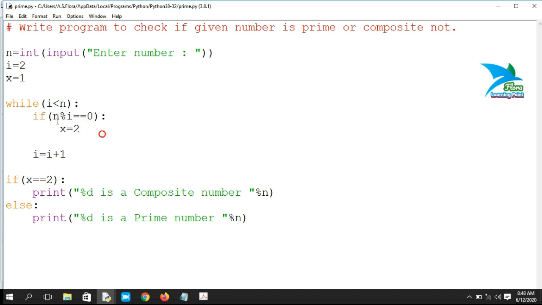Then during the execution of the loop we have specified a condition which will divide the value of n with each value within the given range, that is with the value of i. Then if the condition is true, that means if the value of n is divisible by i during the execution of the loop, then the value of x will turn to 2.